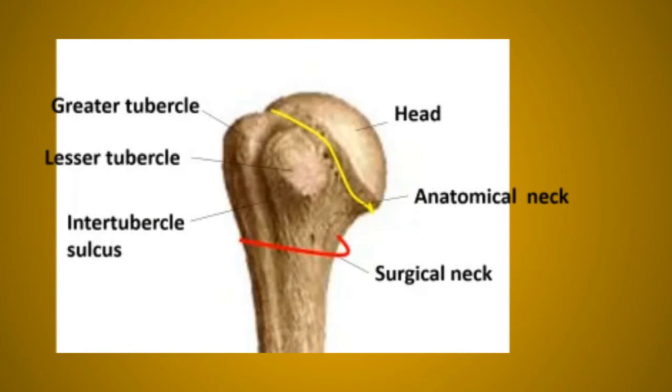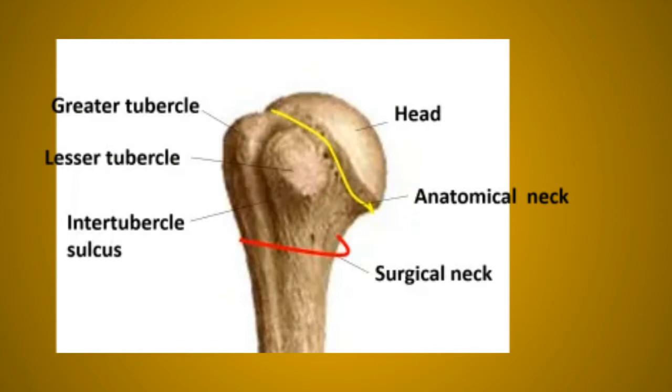The posterior aspect of the greater tubercle is marked by three impressions, the upper, middle and lower impression. Now the intertubercular sulcus. As you can see in the diagram, this sulcus is also known as the bicipital groove and separates the lesser tubercle medially from the anterior part of the greater tubercle. This sulcus has medial and lateral lips that represent downward prolongations of the lesser and the greater tubercles.